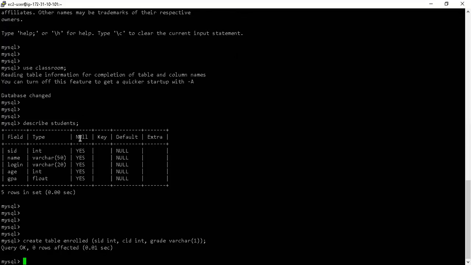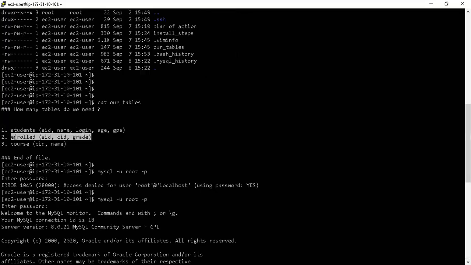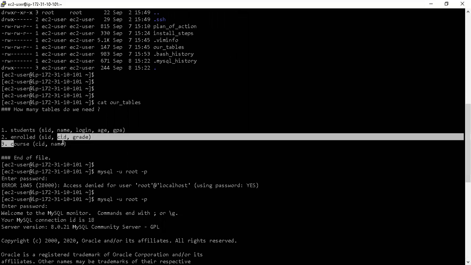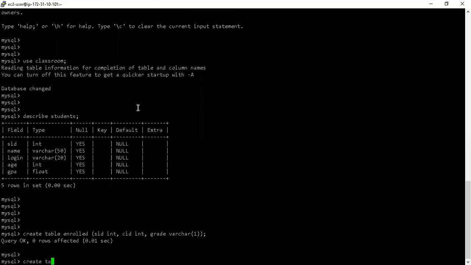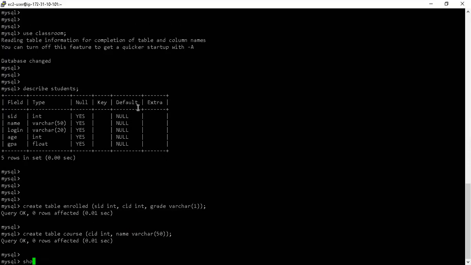So let's just create this table and let's create the third table as well. Then we will start ingesting some data. So let me just say create table, paste, and here, obviously, name of the course, I'm going to say varchar, I don't know, let me put it 50. Okay, it can be a big name. So course ID, obviously integer, done. Let me say show tables.